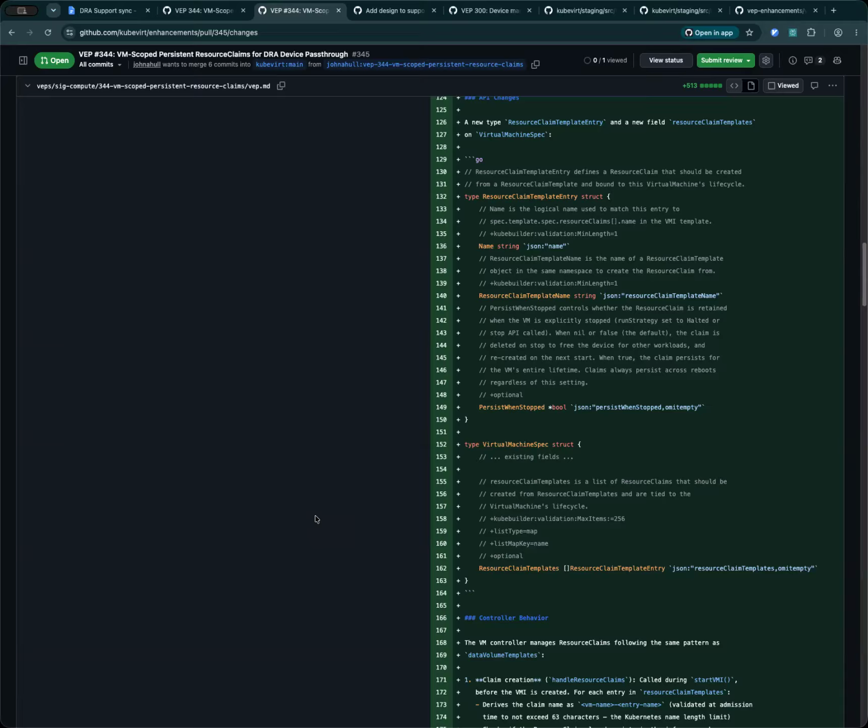Just looking at it quickly, I would rather just have these template entries in one place, and then somehow have it codified in the VM to persist these somehow, and to pass that signal down to the VMI. How you do that, I'm not sure,